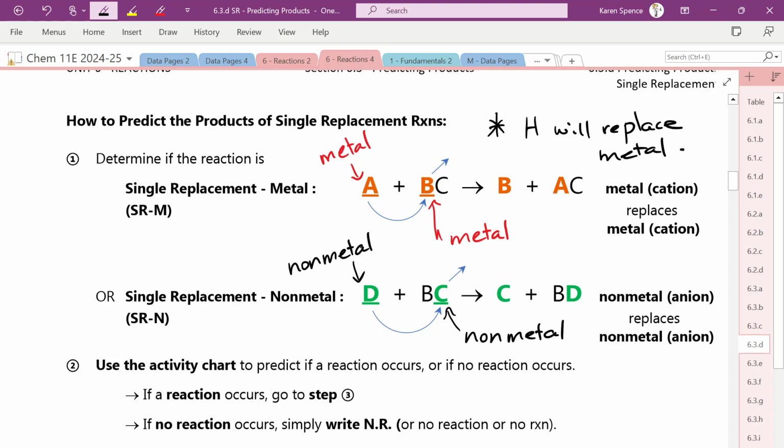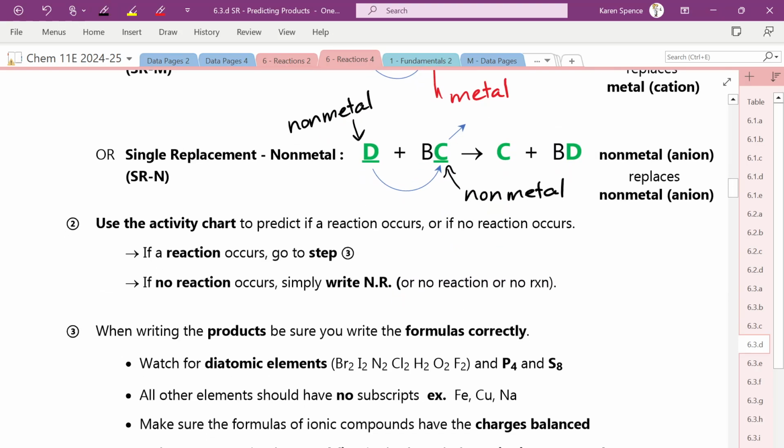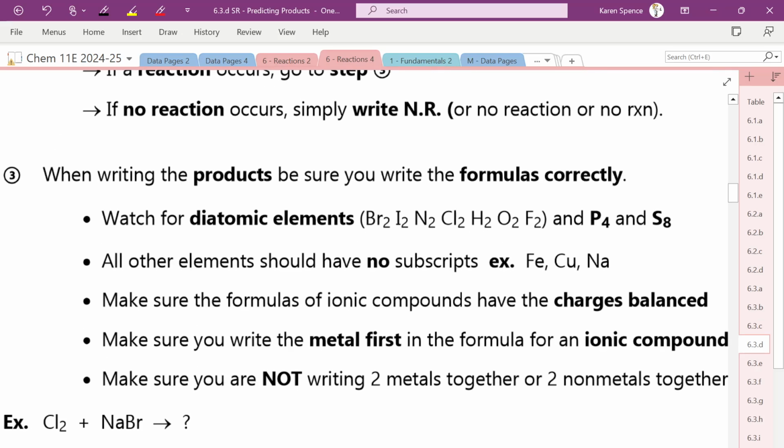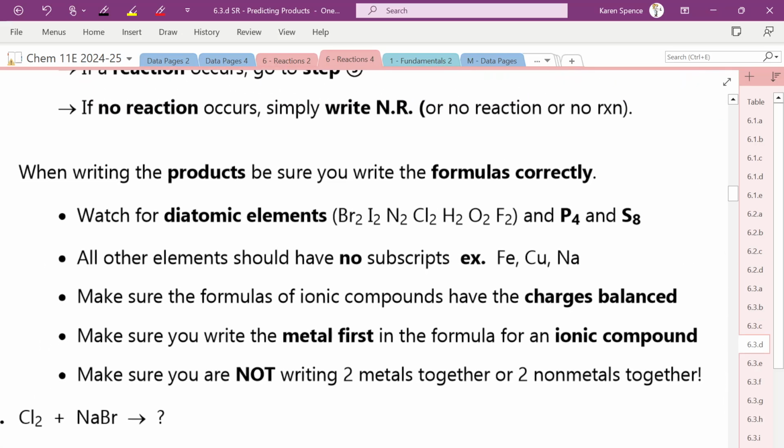Basically, it's cation replacing cation. Yes? Anion replacing anion. Now, we're going to ignore the activity chart for now because we don't use the activity chart until we get to part D of the exercises. So that's why I said we're going to skip the first page because it has to do with the activity table. When you are writing the products, just like for decomposition,